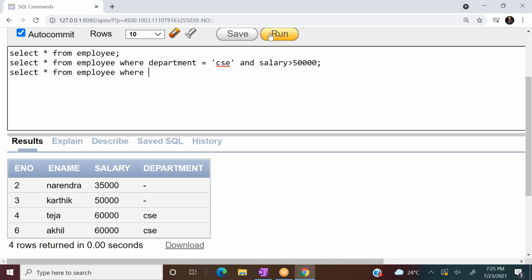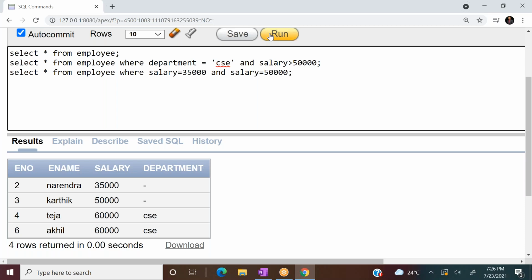Where salary equals 35,000 and salary equals 50,000. So my question is to find all the employees whose salary is 35,000 and 50,000. According to the question, I should get the output Narendra and Karthik. So here we have two conditions: salary equals 35,000 and salary equals 50,000.